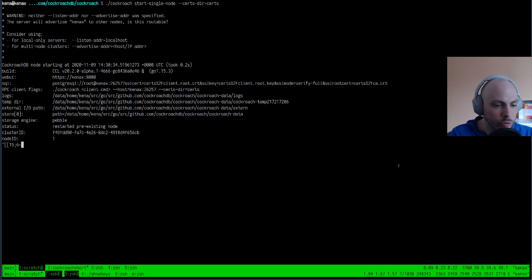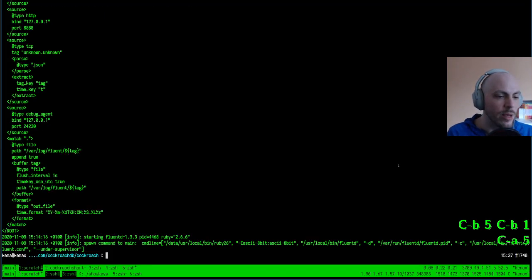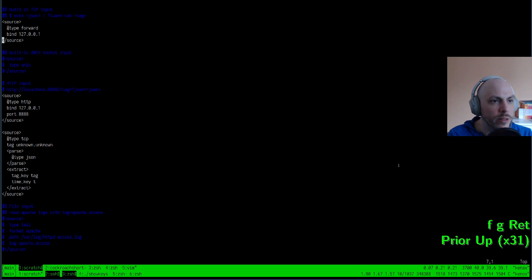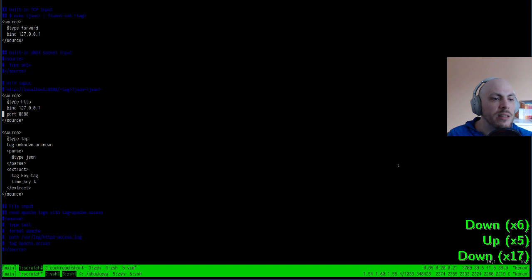I have installed Fluent on my server computer, and I've given it a simple configuration file. Fluent doesn't really have what's called a default configuration. Every single package manager that provides Fluent will choose some arbitrary defaults to put inside the file, but then the users are invited to configure it to their own desires. So what I chose to have here is the default sources that were in the documentation